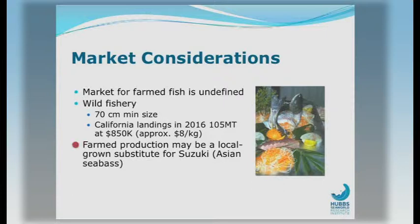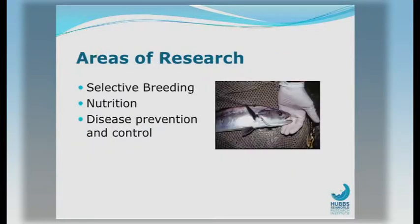We've talked to some distributors and so forth, and there may be some niche market areas to explore, but that needs to be determined. In terms of areas of research, I think the first thing to do is really solidify that there is a market for it before you get too deep into anything like selective breeding. But then, some of the things that have been mentioned over and over again, in terms of nutrition,